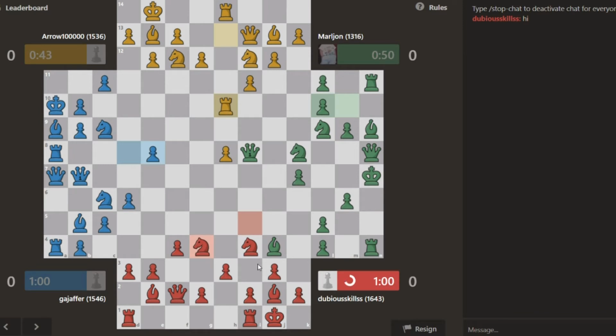Let's see. Okay, I circled that pawn because it's a weakness, because the knight defending that pawn is a weakness. So if anyone is going to take the knight defending the pawn, I'm going to take the pawn with the queen and check. Yeah, that knight is weak. So blue gets out of the pin,